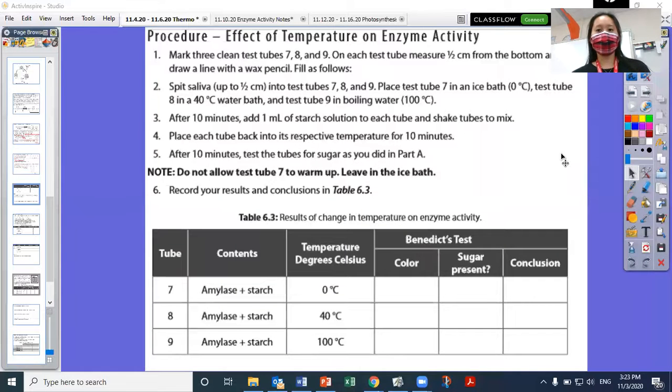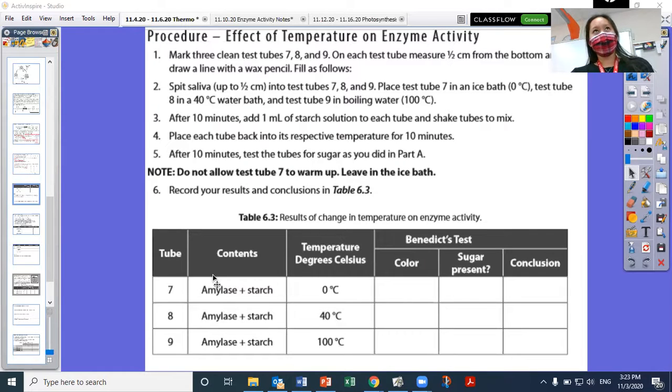All right, so the next procedure we're going to record data for is the effect of temperature on enzyme activity. As you can see, we are going to take a look at the table right here. We have test tubes number 7, 8, and 9, and the contents of all 3 test tubes are the exact same. They're all amylase and starch. And we know that amylase and starch prove to have a reaction because in our past 2